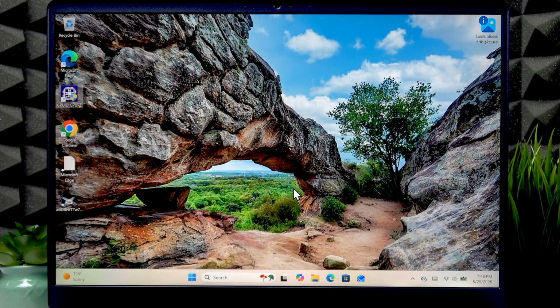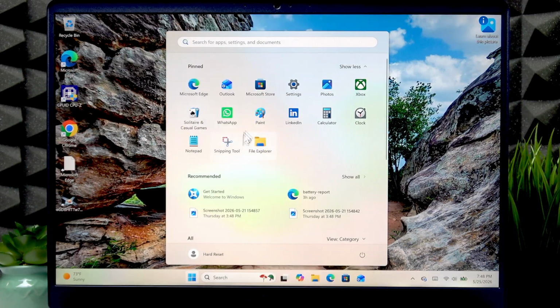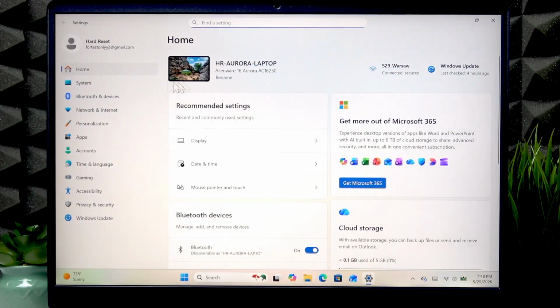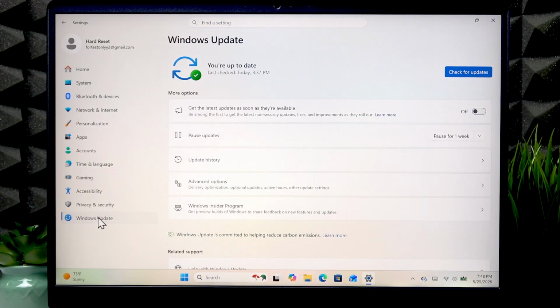To update Windows on your laptop, you have to open Start menu and go to Settings. Here in Settings, select Windows Update on the sidebar and click Check for Updates right here. This way you will make your device check for available updates, if you have internet of course. So make sure that you have an internet connection, and after that you're gonna have to wait until the updates